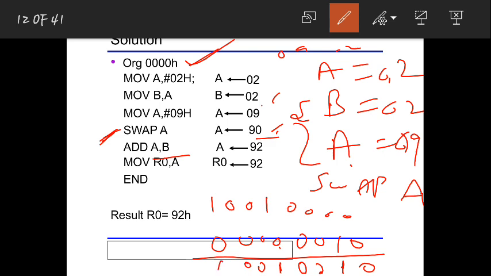So see, this here I got is 9, here what I got is 2. So 9 2, the result I got. So now when I added, this 9 2 will be stored in accumulator. Okay, so till here my program will end, because whatever I wanted, the packed data, I just converted 0 2 and 0 9 to 9 2. Okay, so I already converted.